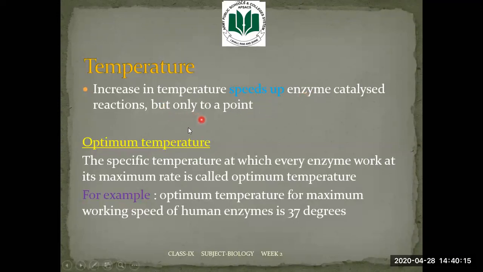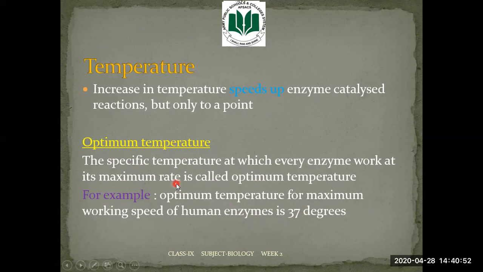to a certain point. It means that every enzyme has a particular value which is known as optimum temperature, which means the specific temperature at which every enzyme works at its maximum rate. For example, the optimum temperature for maximum working speed of humans or any warm-blooded animal is 37 degrees. So this is a very important definition. You have to learn it and remember the example of humans or any warm-blooded animals of 37 degrees as